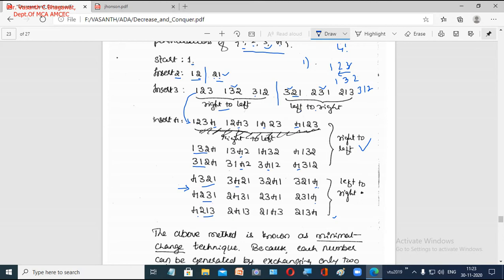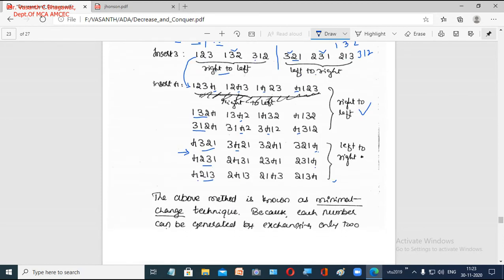So totally how many different ways have you arranged? If you count all these, how many are there? 1 2 3 4 and 1 2 3 4 5 6. Now 6 fours are 24. So 4 permutation is what? 4 factorial is what? 24. There are 24 different ways in which you can arrange these 4 numbers.